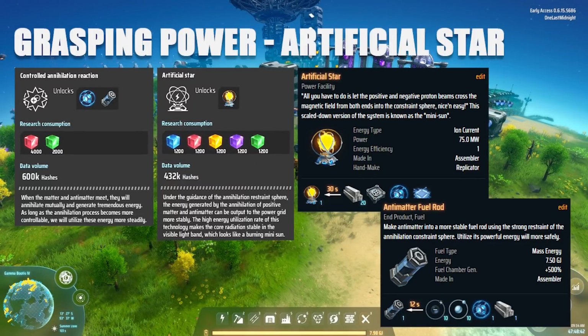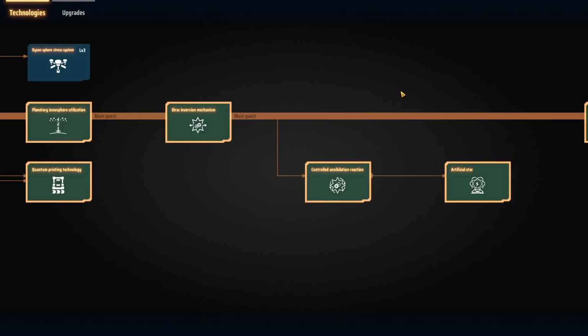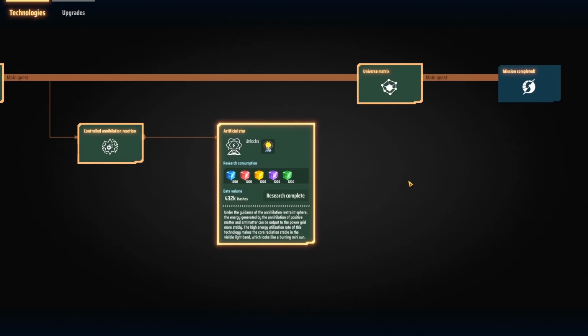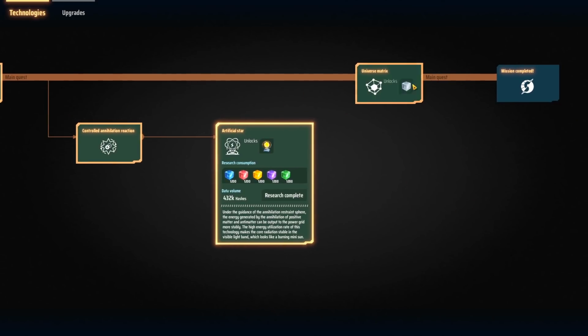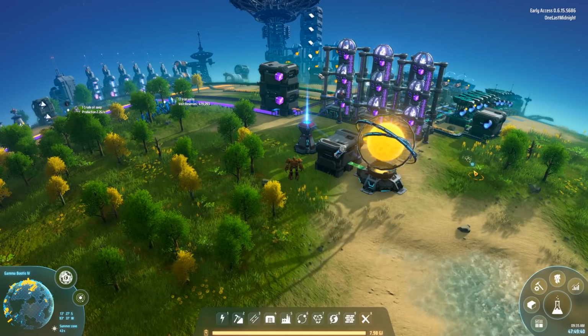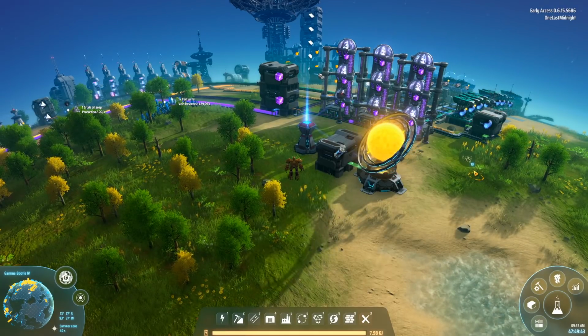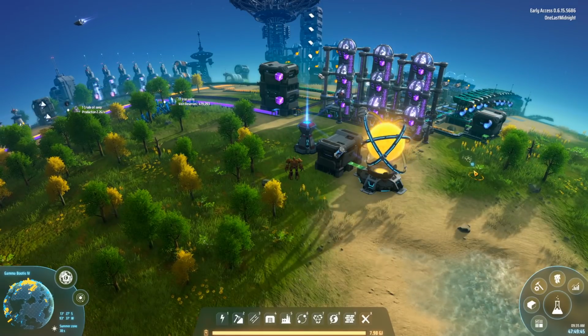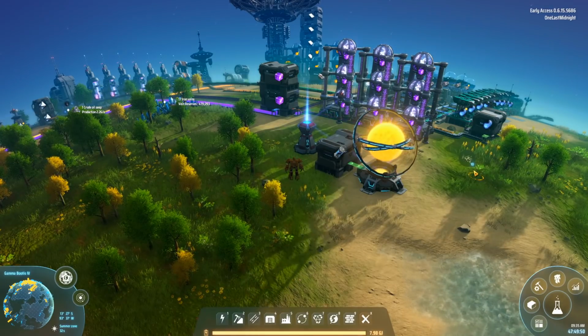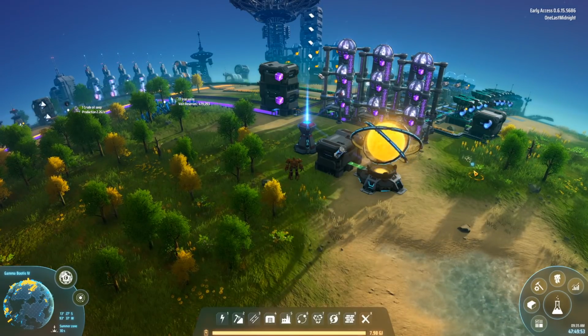So there's one other piece to the Dyson Sphere power line, and that is the artificial star. If you look at the research, you can see that it is part of the main line, and it is right here, right before you get to the universal matrix and then mission complete. Now, I talked about the artificial star in the Grasping Power video. I also talked about deuterium, but I touched on them lightly, and the main reason is that I don't have a huge production line for deuterium or antimatter. That's something that I will do in the future, and when I do,